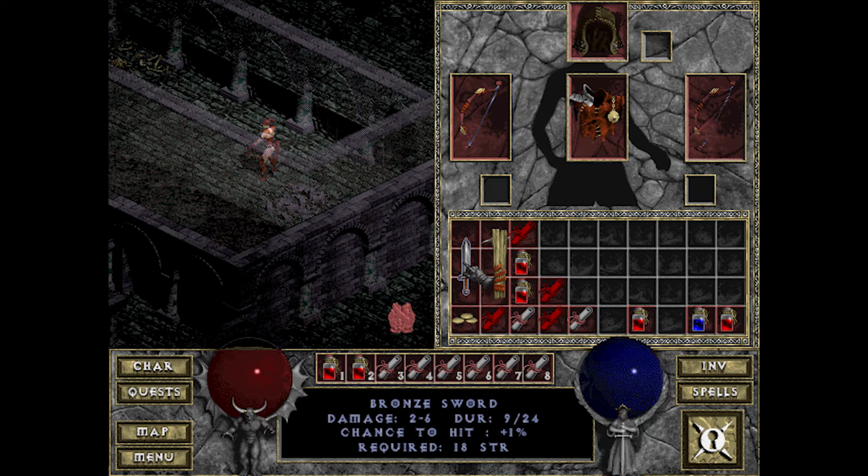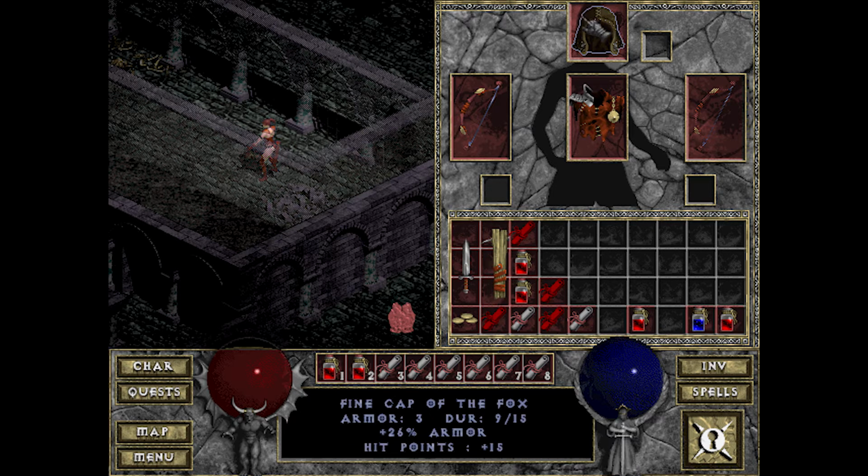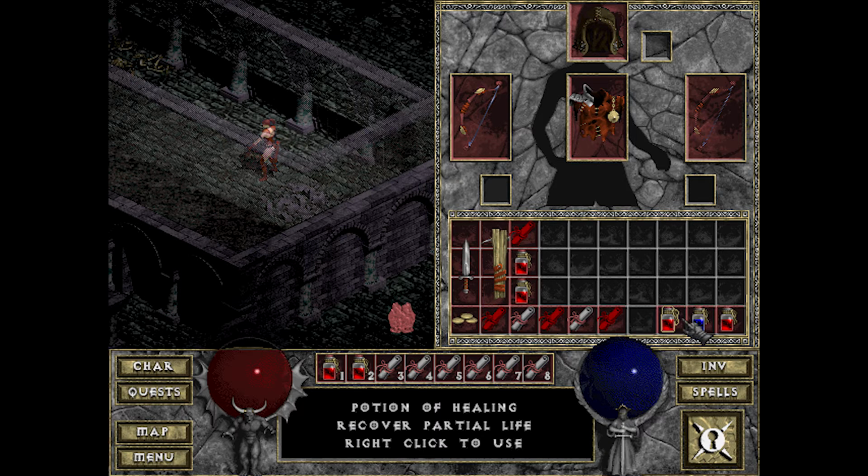So this is a prefix and the main item, and this is a suffix as well as the main item. And there can be a prefix and a suffix at the same time. Like this one, Fine, brings you the plus 26 armor. It's a range, it's also random. And then Off the Fox, which is a random range of added hit points. It's a very simple system, but it yields insane amounts of variability in the items that are found throughout the game. So it is very little work, even for balancing, and a lot of outcome,